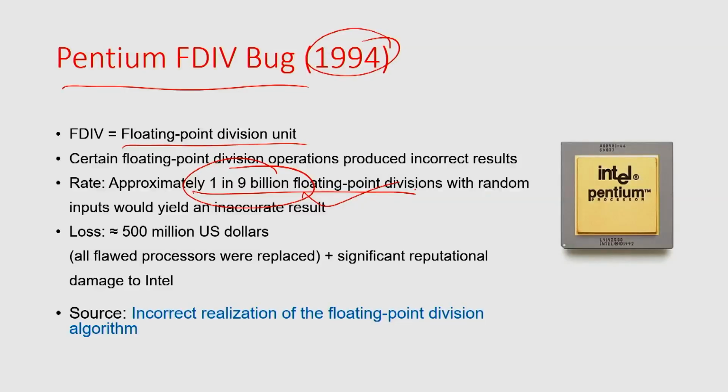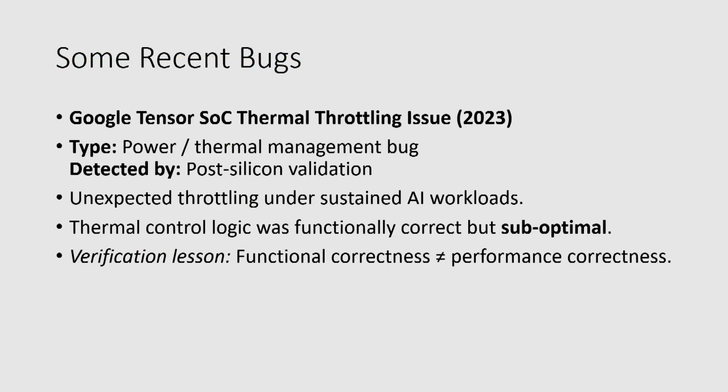And that's Intel, although they have a very strong verification flow, they could not identify this bug, and it was identified by one academic professor in the US during his lab research, right. And it cost $500 million to Intel. They had to take back all the processors, fix the bug, and then again give them to the customer, right. So this is a very hard bug to detect, but it was identified by formal verification, right. So this kind of example will go on, and I would probably try to give you some recent bugs in 2023,